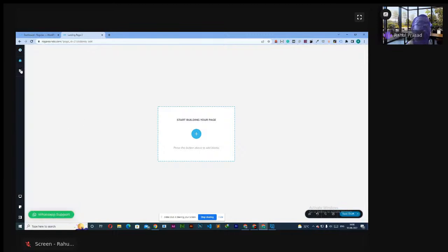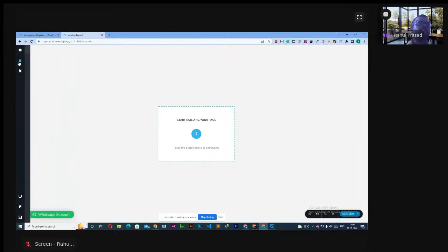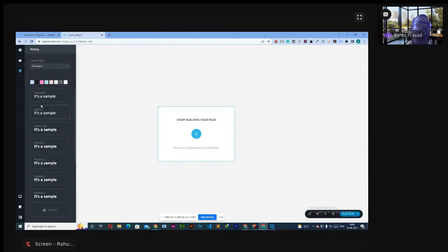So you get a color from wherever you want. So the color has changed. You can decide it from here also. You can just drag left and right, up and down to take colors. So you can take a lot of colors. Then you have